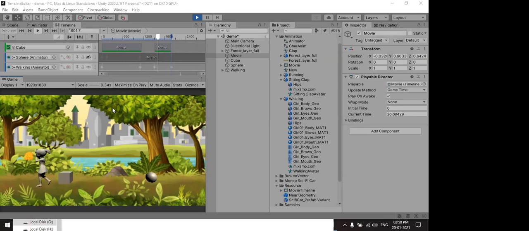When I cross, automatically it will be activated. So any doubt about that animation control? Any doubt?